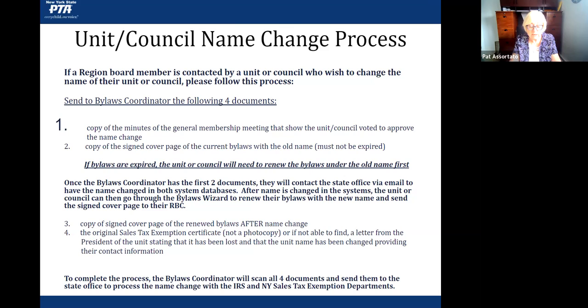And you're also going to send a copy of the signed cover page of the current bylaws with the old name. These bylaws must not be expired. If the bylaws are expired, the unit or council will need to renew the bylaws under the old name first. Once I have these 2 documents, I will contact the state office to have the name changed in the system